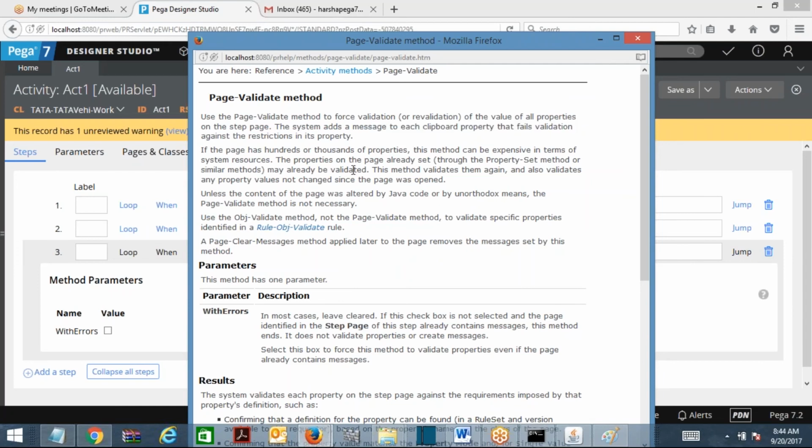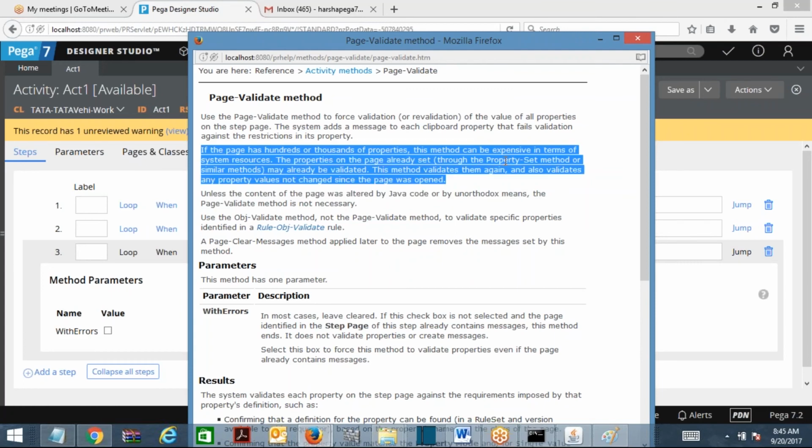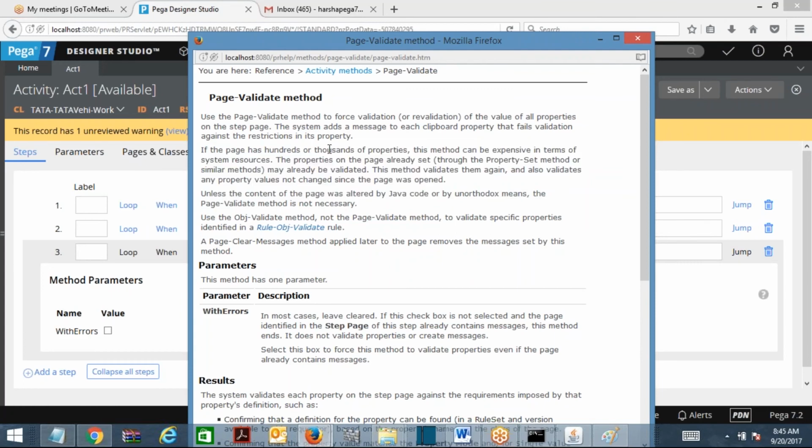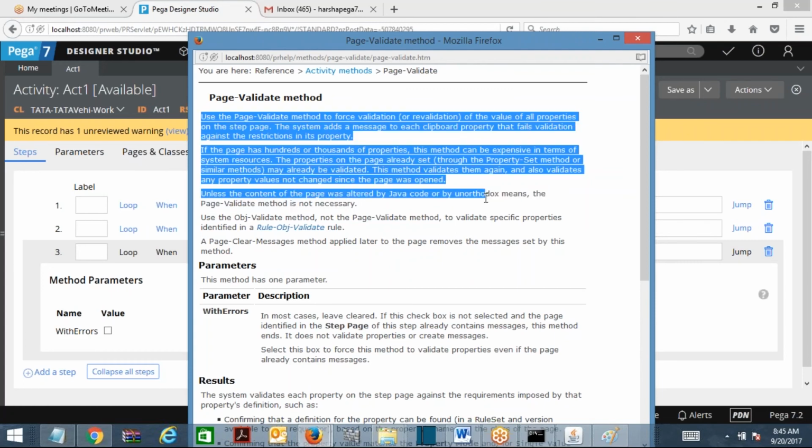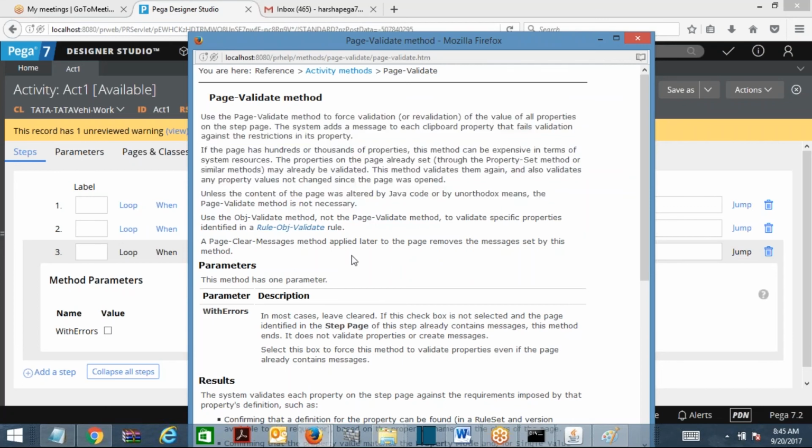So this works for rule edit validate. Now look at here, use obj validate method, not page validate method, to validate specific properties identified in rule obj validate.